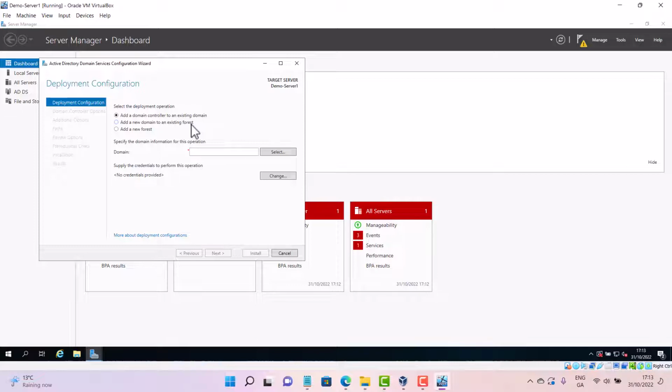So if you have many different namespaces, they call it a forest. Don't worry about that. But what we want to do is add a new forest. And we are going to call it domain. I'll give it a capital D, doesn't really matter. Domain